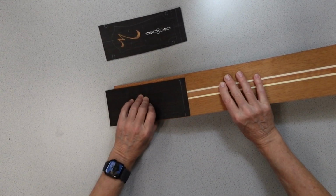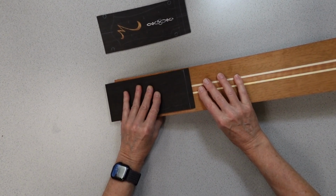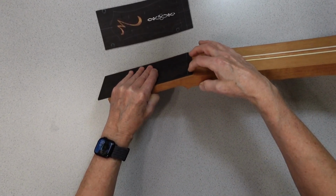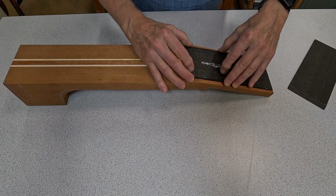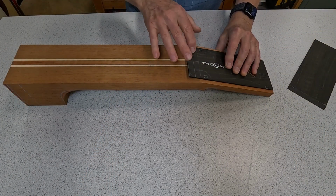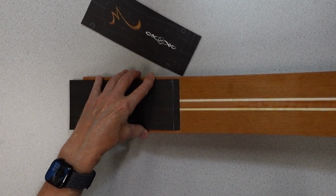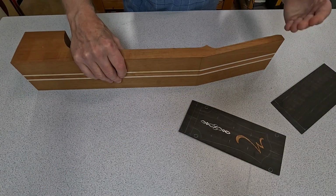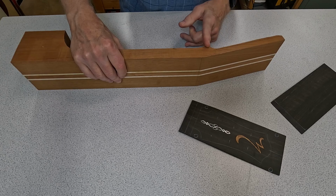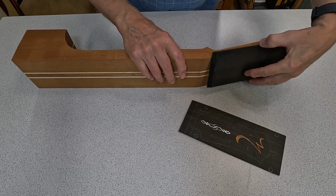Now what that's going to do for me is if I glue this peghead on here now like it is, that means that my nut location is going to be right about in here somewhere. When I prepare and glue this peghead on, I know that after I trim this down, I'm going to get about 1/2 of an inch added to the length of my neck. Now, if I wanted to move the relationship between where my volute is and where the end of the neck or where the nut is going to be,